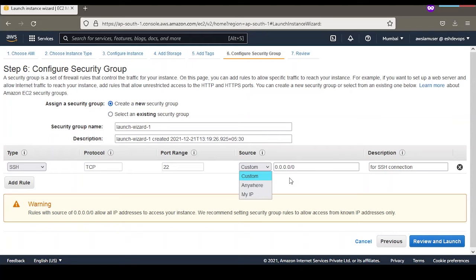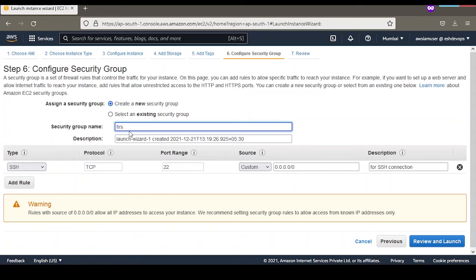But suppose you are not keeping this EC2 instance private and you want to connect to it from anywhere in the world, then you can select Anywhere, or you can select My IP so that your EC2 instance can be reached and logged into only from your system. So based on your convenience you can select your source. For now I'm keeping it as it is, and you can change your security group name also or keep it as it is.